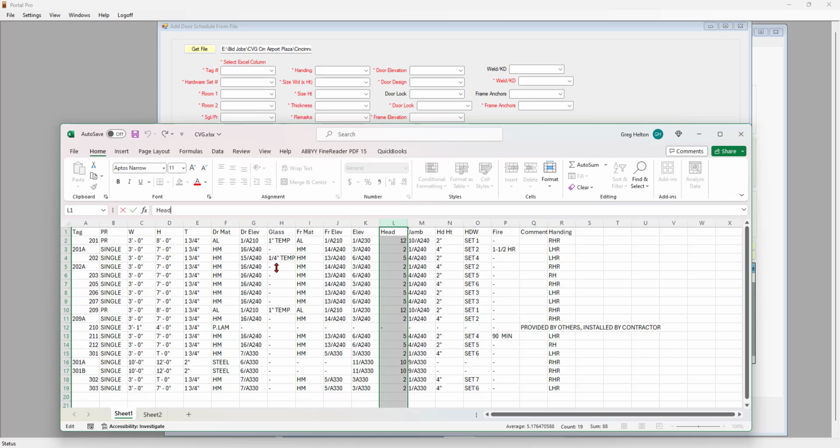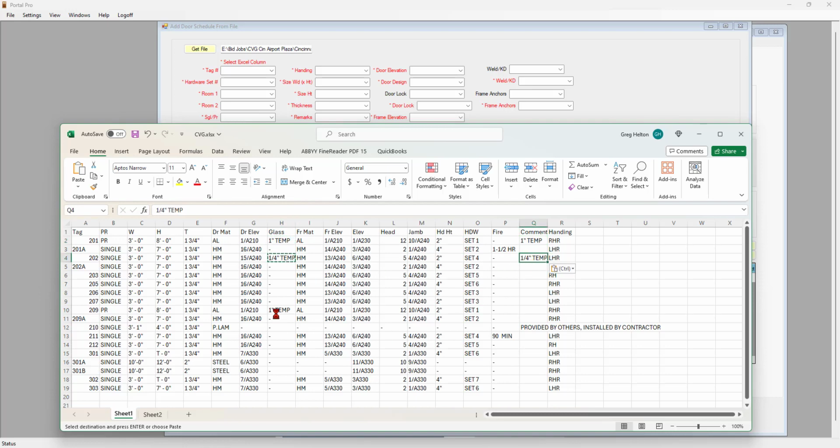I could add this as a note if I wanted to put it over here in the comments, so I could copy this over, because I'll probably use this comment column. That'll go into the remarks in the Portal Pro door schedule. So I could copy that over here into the comments. And at least then that way I would have that. So we'll do Control C and Control V. Control C, Control V,